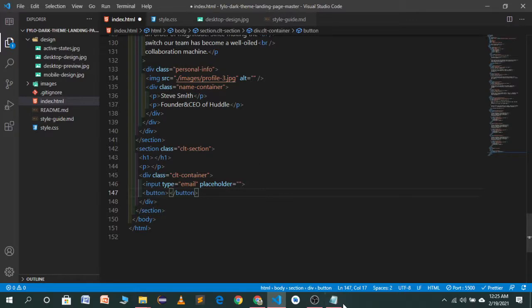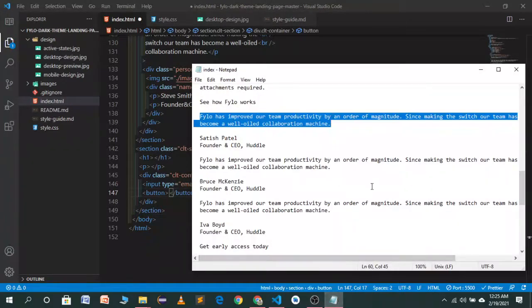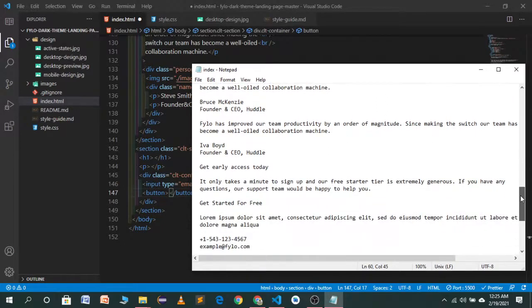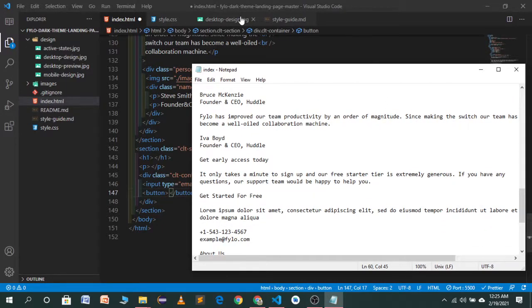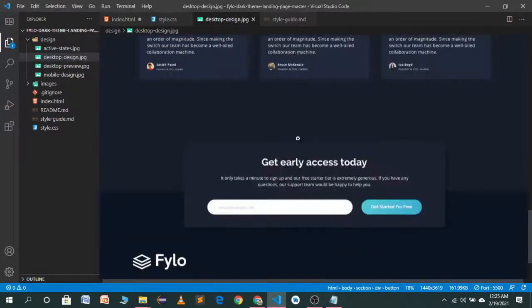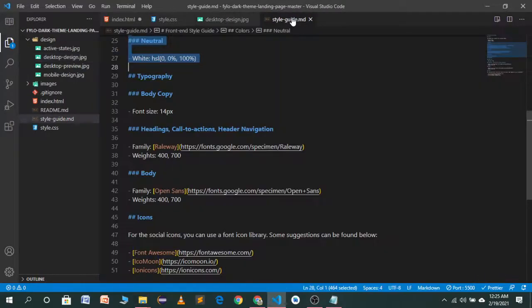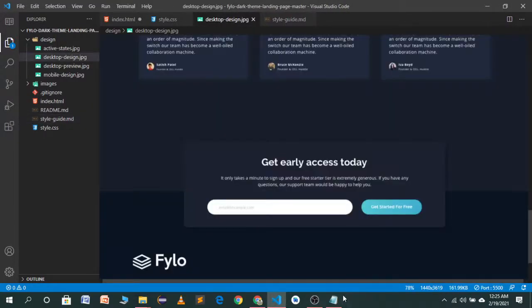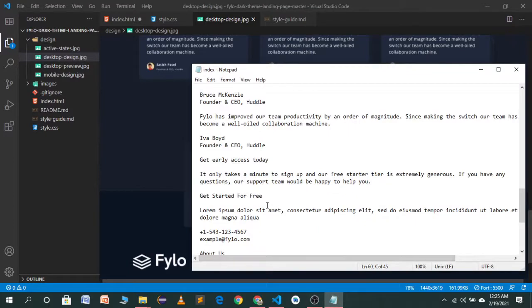So let's copy the text for the heading. I think, so let's go to the demo, get early access today. So I will copy the text, get early access today.